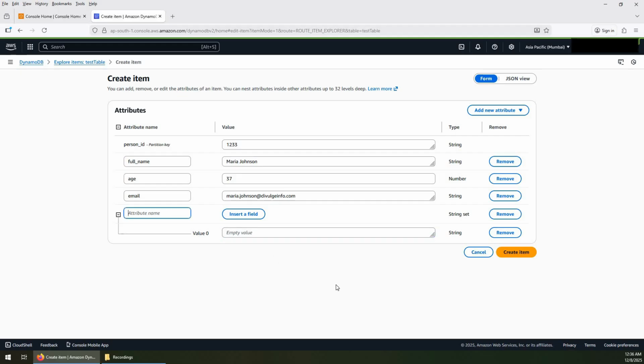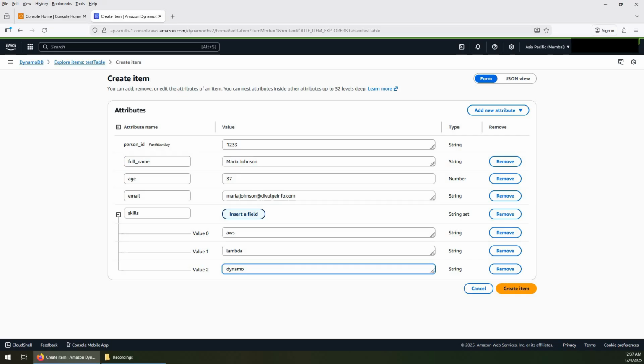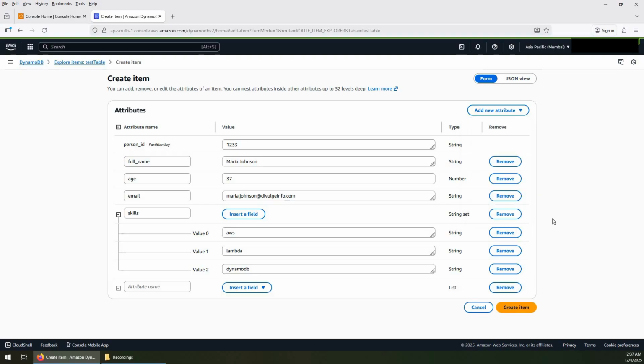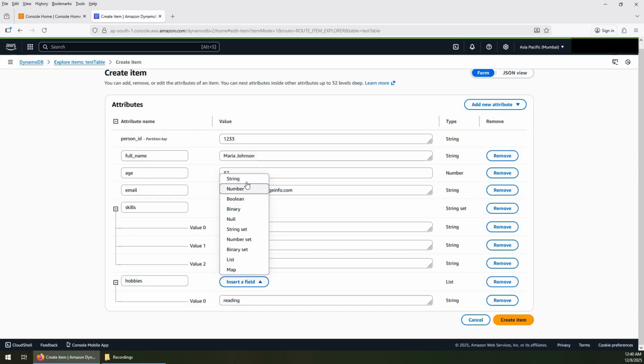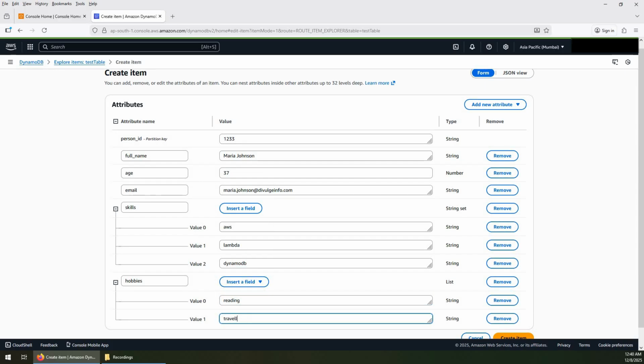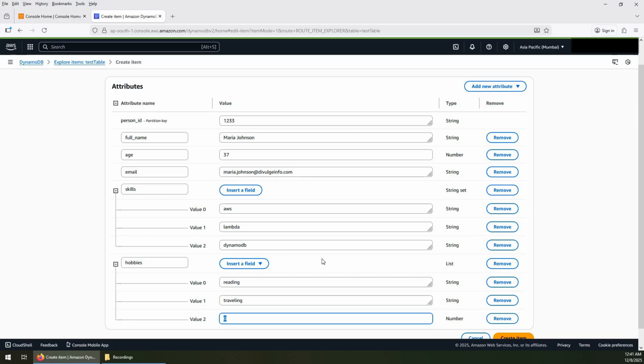First, I need to provide attribute name, skills, AWS, Lambda, DynamoDB. Okay, now let's create another complex type, list, and we name it hobbies. Here we can add a new value of string type, reading, another value, traveling. Okay, the difference between the string set and the list is that in the list we can add any other type of value, like I can add a number in the list. For example, I write here this number,